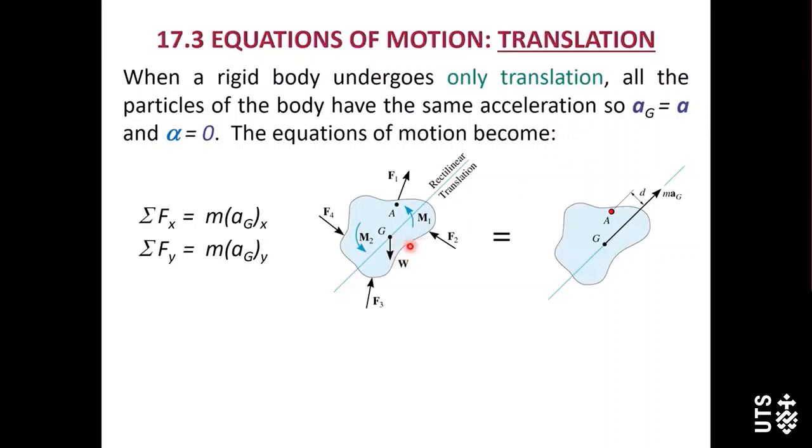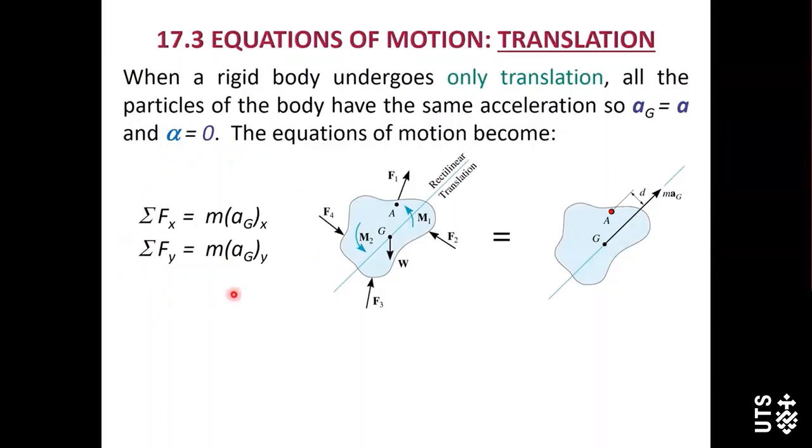So the acceleration aG of the mass center point G should be equal to the acceleration of any other points on this rigid body. Because this is translation, the angular acceleration alpha must be 0. In an xy coordinate system, the translation component